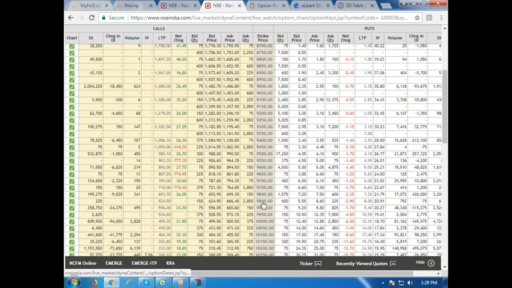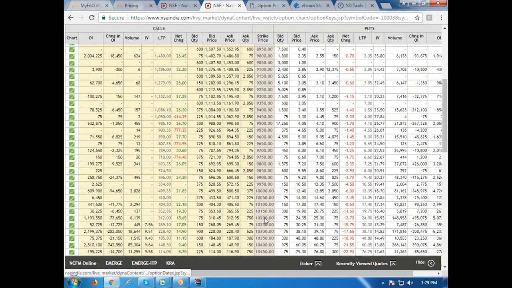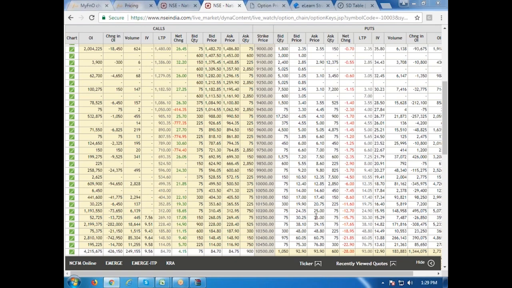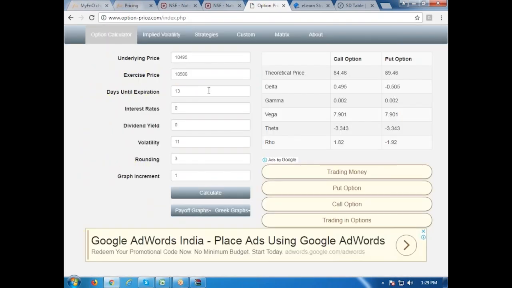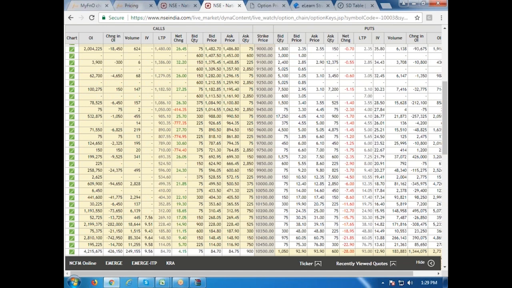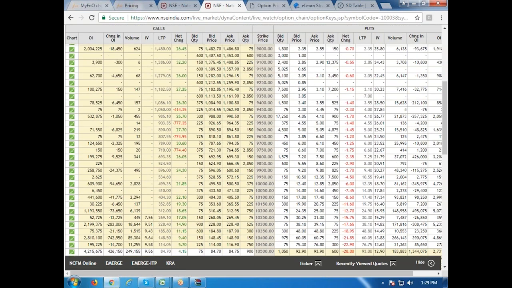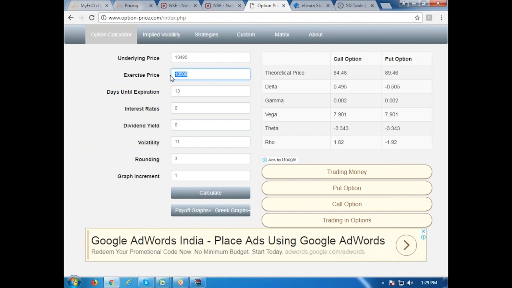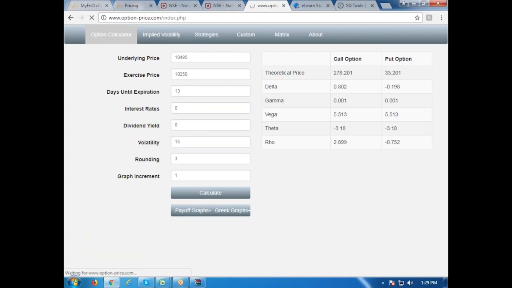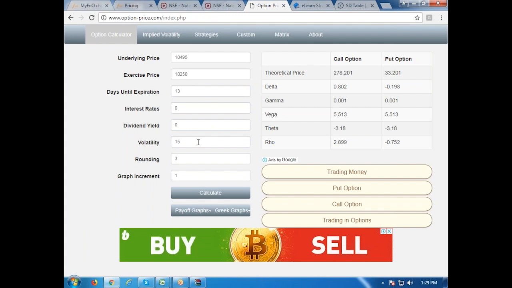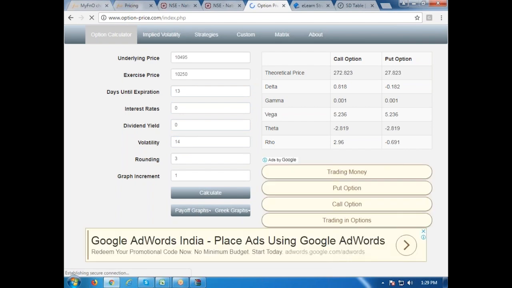मेरे को 10,250 का पुट देखना है, which is 31। तो नहीं चल सकता यार, सॉरी, एक मिनट, 10,500 चल रहे ना, हाँ तब ठीक है। मई में नहीं है, यहाँ पे मई में ज्यादा होगा। 10,250, 13 डेज और ये 15 करो। पुट ऑप्शन प्राइसेस ऑलमोस्ट 33, इसको 14 करते हैं, 14.5।